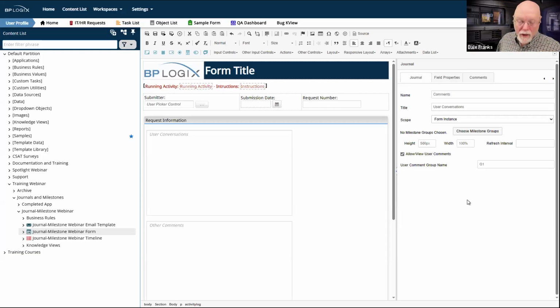On the other hand, if I am looking at this form on my phone, I still have a 500 pixel comment log, which means it may go off the edge of my phone screen, which is going to require users to scroll horizontally, which is generally a bad idea too.